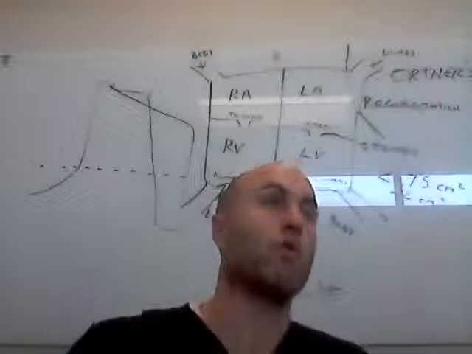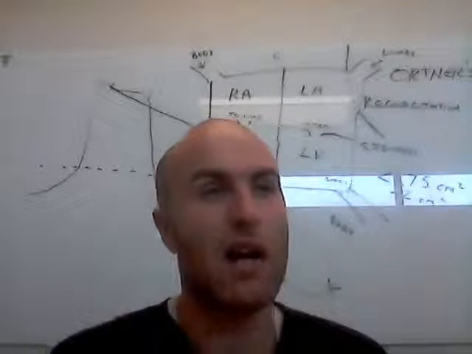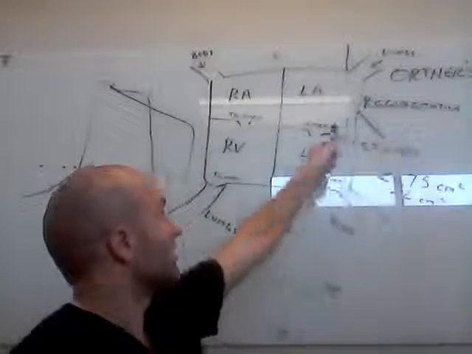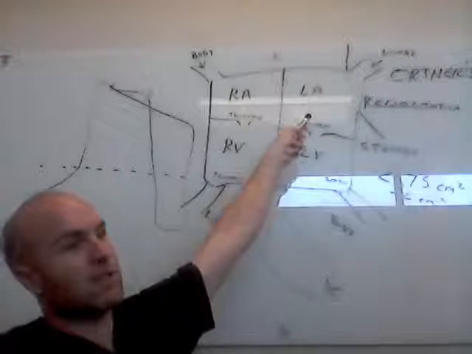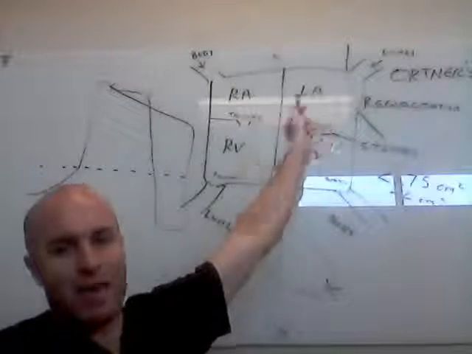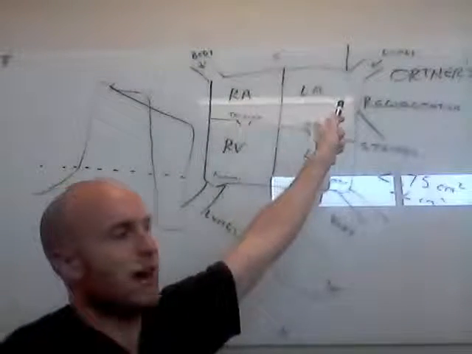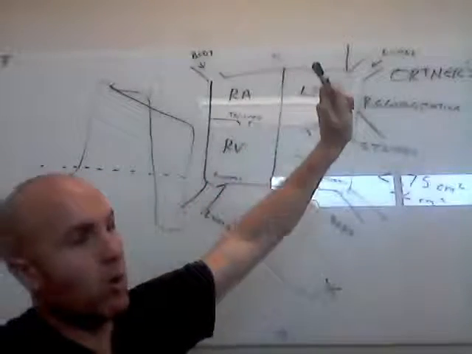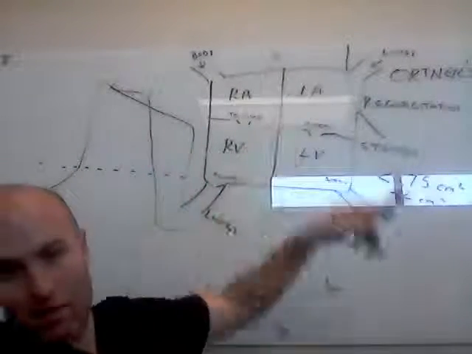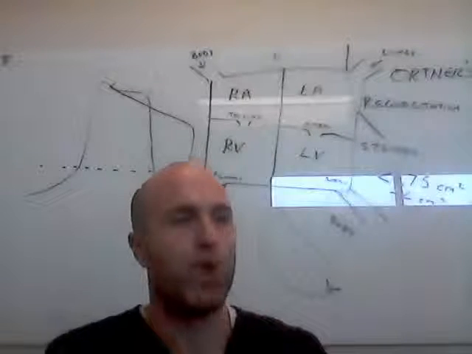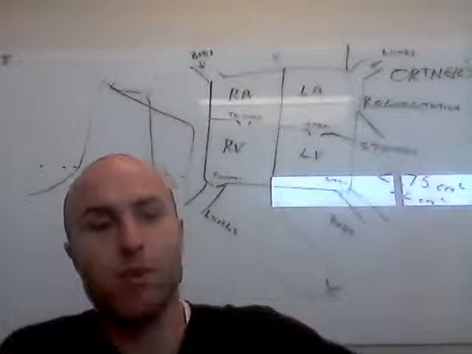Now, why would you give them warfarin? Remember earlier I was talking about how all the pressure and sloshing around in here causes little emboli to form. Well, that's bad. Emboli are bad. In fact, one of the symptoms of mitral stenosis is that the person will get little pulmonary emboli and things like that forming. So remember, warfarin blocks